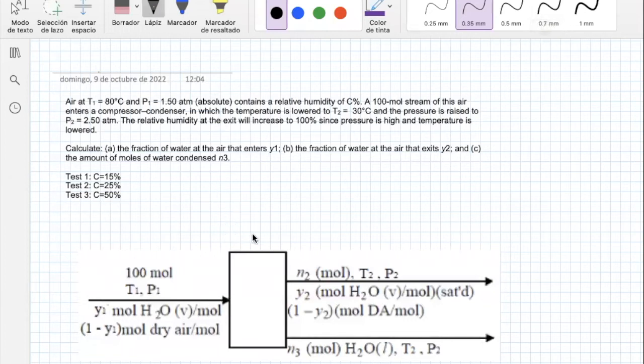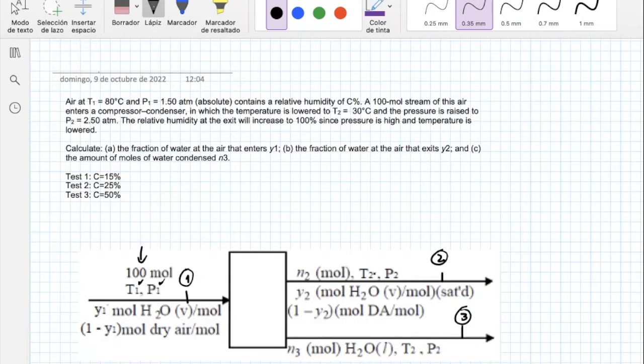With a balance of matter, okay? Well, a stream of air plus water is coming into this point, which I'm going to call one. It already has certain conditions of temperature and pressure, and they're giving me this batch process of 100 moles going in. Then you have this stream two, and then this stream three. What it basically says is that there is an amount of air plus water going at two and just water